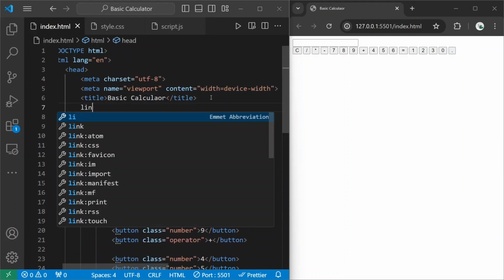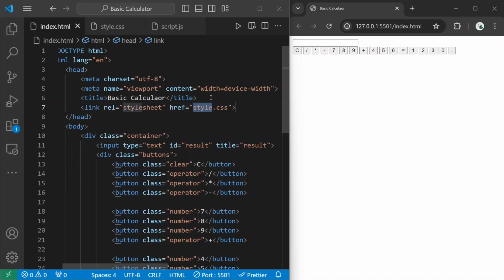It will be a CSS file with the name style.css. Okay, so we have successfully created our HTML content. We have clear, division, multiplication, subtraction, 7, 8, 9, addition, 4, 5, 6, equal, 1, 2, 3, 0, dot, simple,